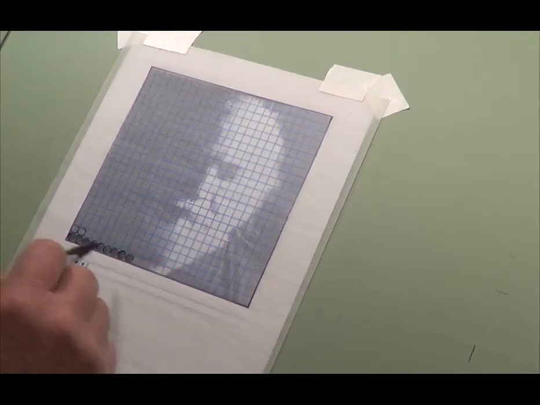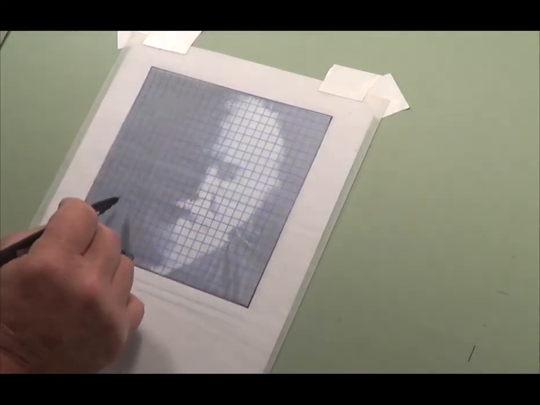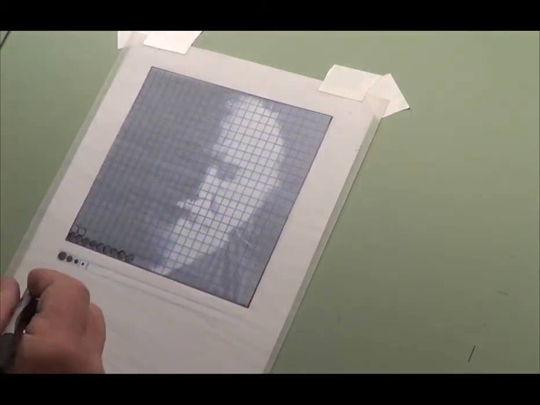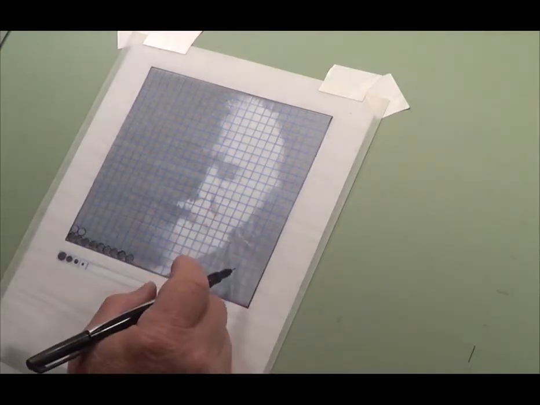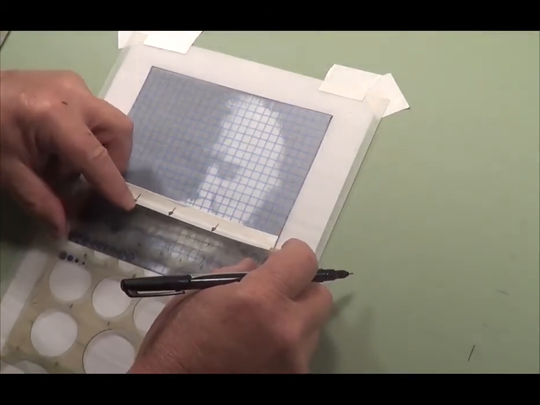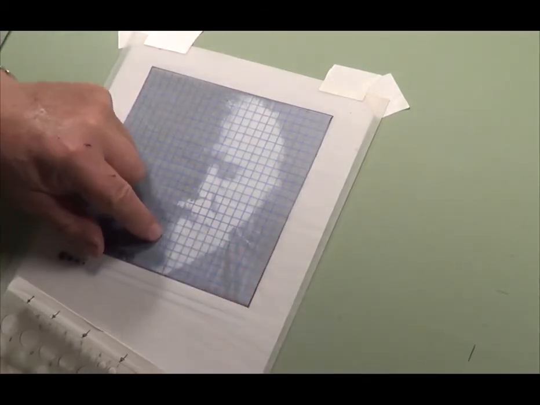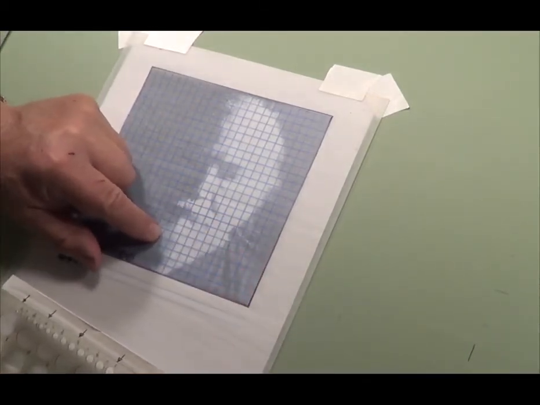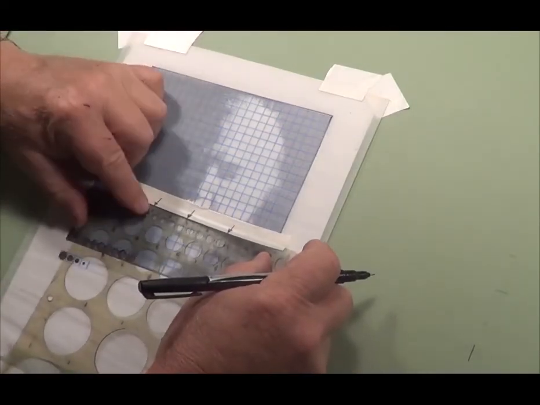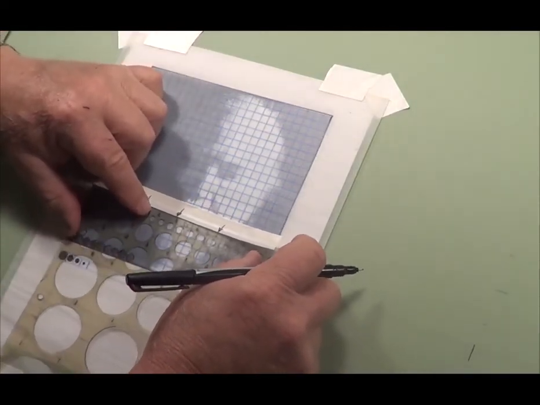Okay, so you're going to end up with all of these dots, the large 1/4 inch dots in all of the areas where the image is the darkest. Where it gets lighter, you're going to drop back and you're going to have to use your imagination on this one. Okay, so like this square here is not completely dark as these are over here. Well, in that case you might use the